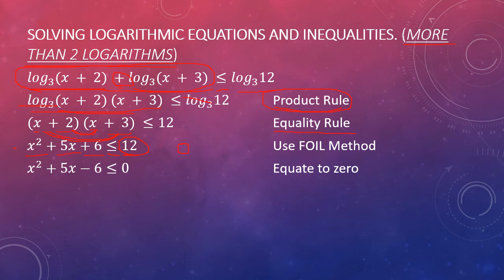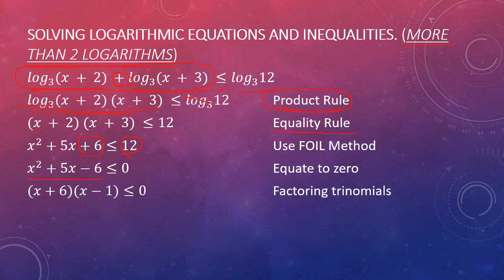Okay? So, nag-minus ako. Nag-minus ako ng 12 dito. At kung ano yung ginawa natin sa kabila, gagawin din natin dito. So, pwede nating i-minus si 12 dito rin. So, kaya siya naging negative 6 and this becomes 0. 12 minus 12 is 0. And positive 6 minus 12 is negative 6. So, yun na siya. And then, kung makikita natin that this is a trinomial, pwede nating i-factor yan into x